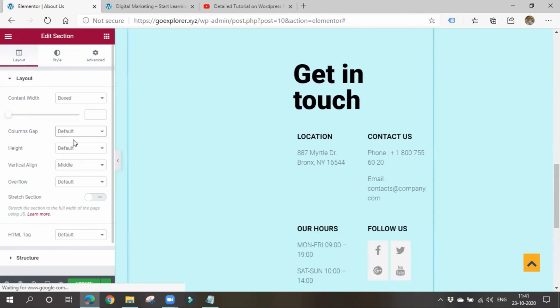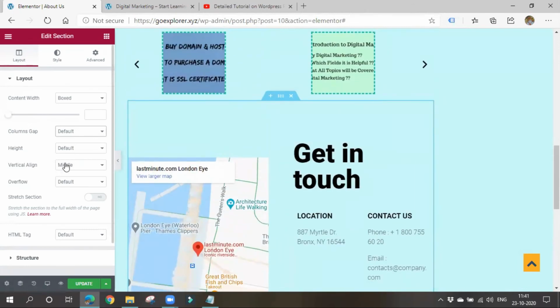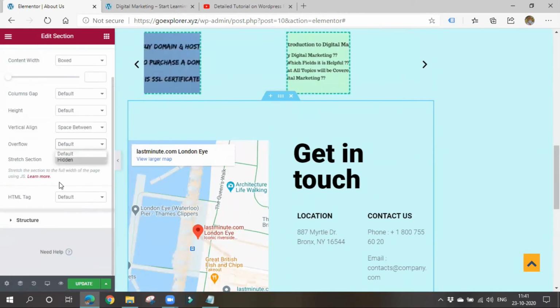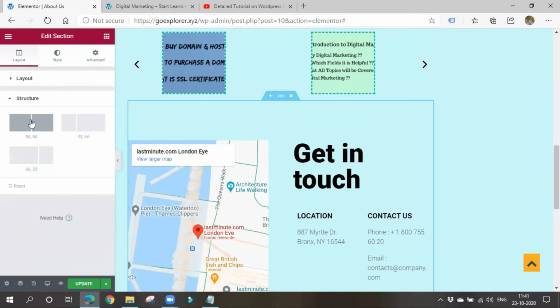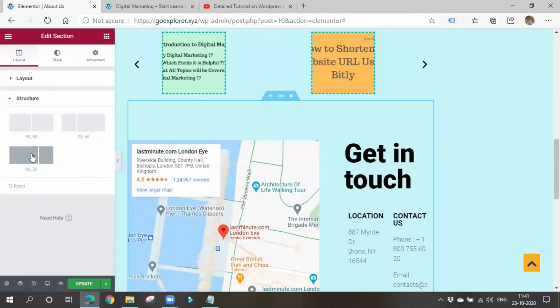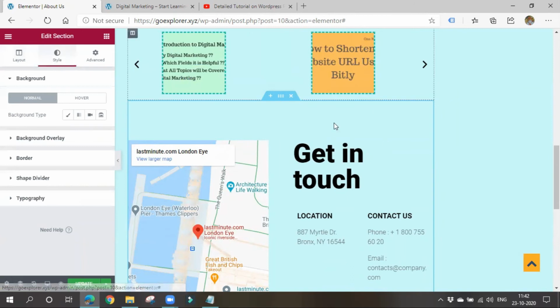Like this it is appearing. Vertical align: middle, bottom, space between. Overflow: you can choose whatever you want. For structure, how you want your structure, I want like this or like this. This is better. Then style: based on the block you select, the look will differ.